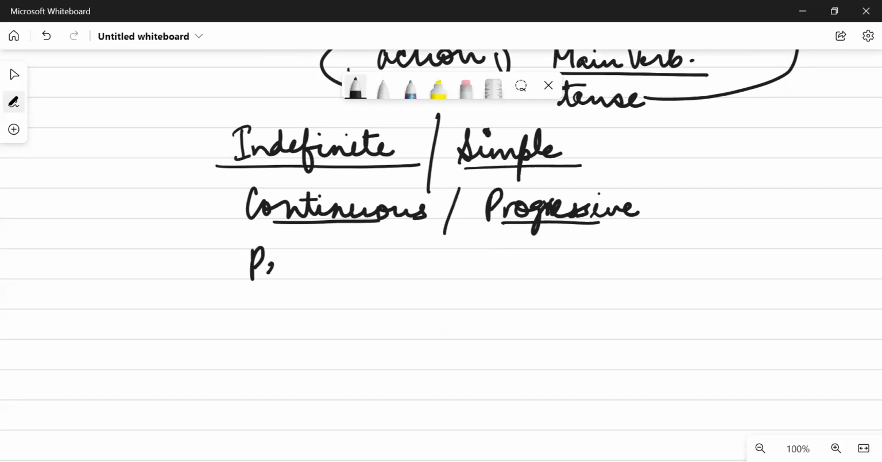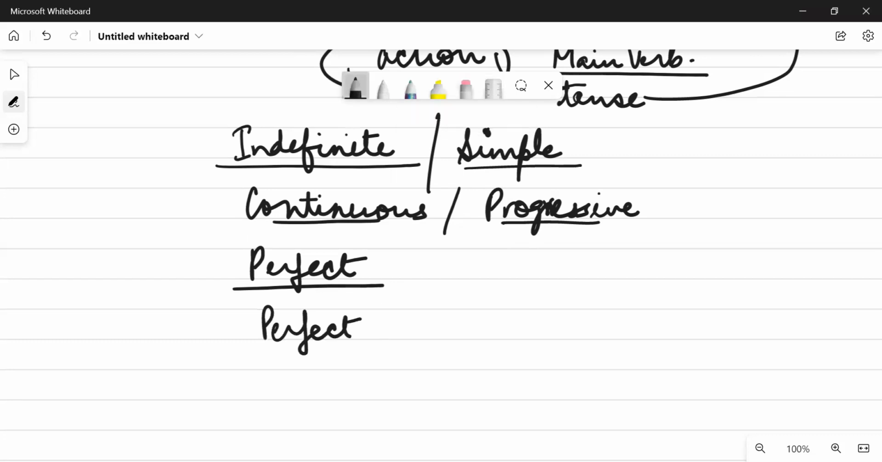Now the next is perfect, completed, over. From this tense we come to know about the action that is perfect, means completed, over. Action complete ho chuka hai, ya ho chuka tha, ya ho chuka hoga. And last but not the least is